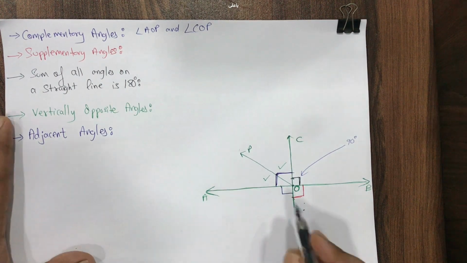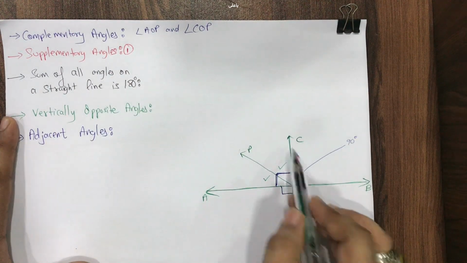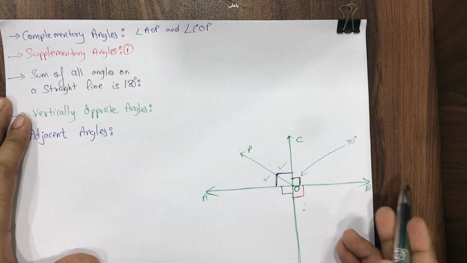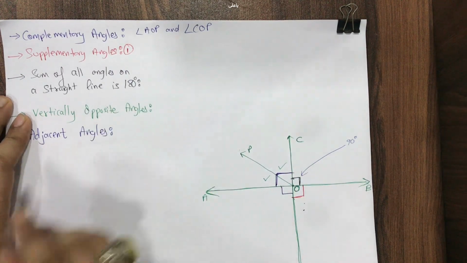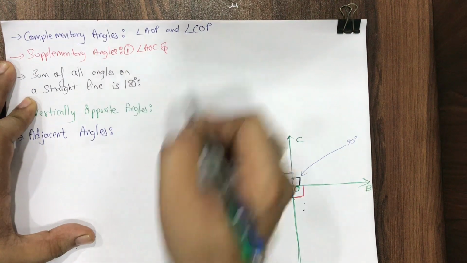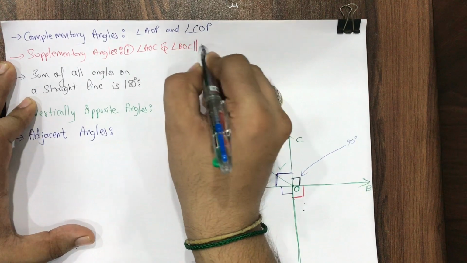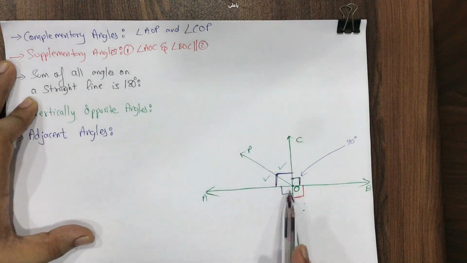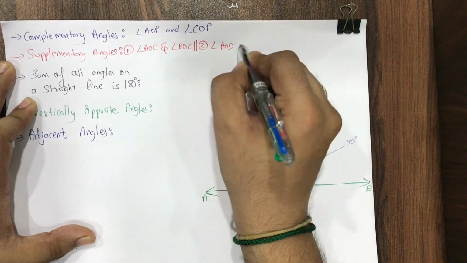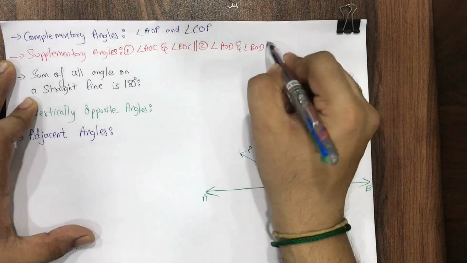Okay, so let me write for all of you the first pair. I'll write the first pair over here. AOC plus BOD, both are 90-90, so it becomes 180 degrees. And when the addition of two angles is 180 degrees, we say the given two angles are supplementary angles. So angle AOC and angle BOC, this is the first pair. Second now, AOD and BOD. AOD and angle BOD.